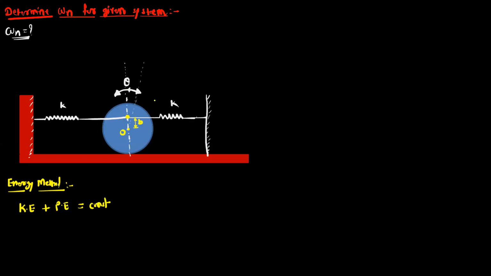Now as the given system is a rolling system, this is the roller. Okay. So the roller will have two kinetic energies. One is the linear kinetic energy, and second is the rotational kinetic energy. Okay. So why does it have two kinetic energies? One is the linear and second is the rotation. So I will show the displaced position for this roller, so then you can understand the linear motion and the rotational motion.